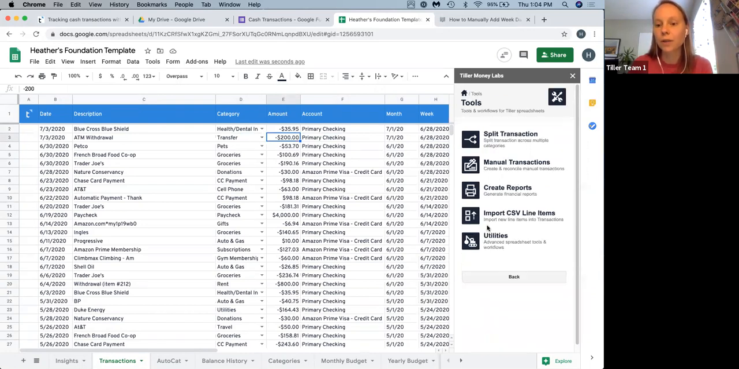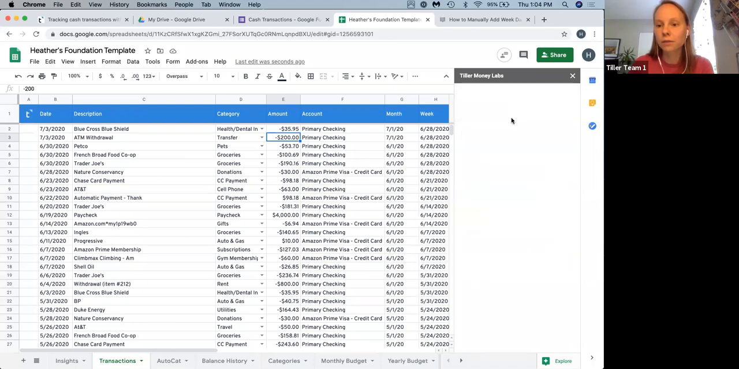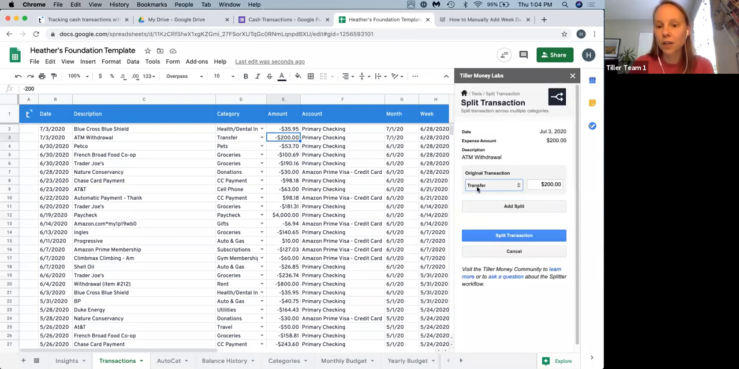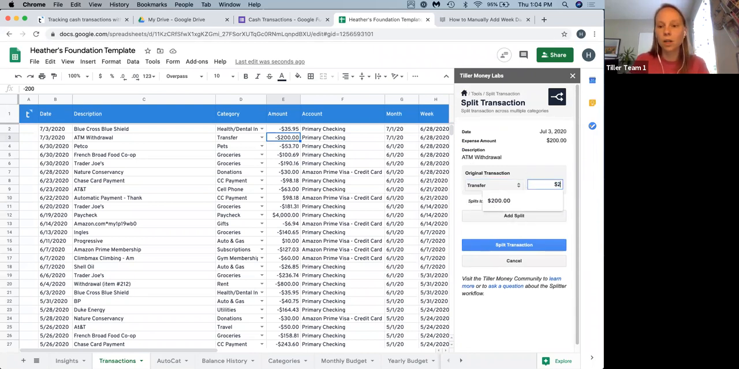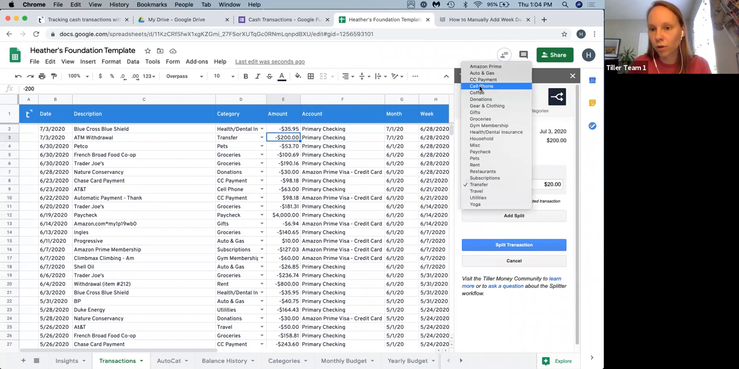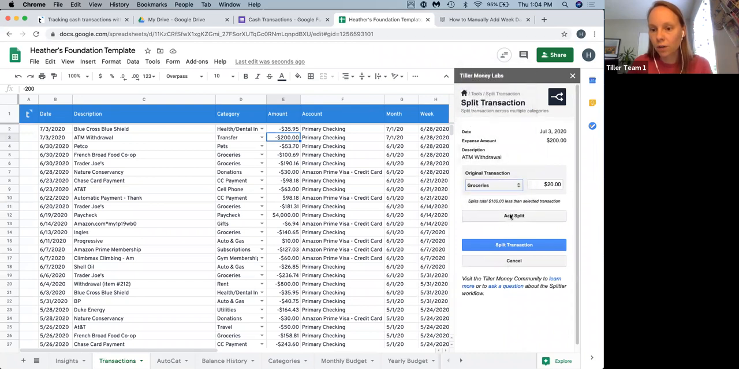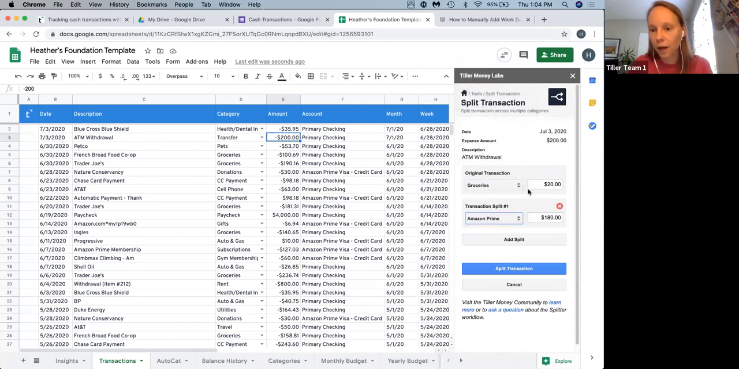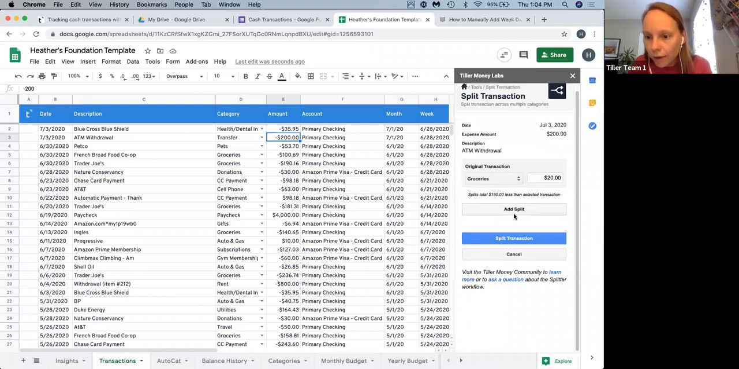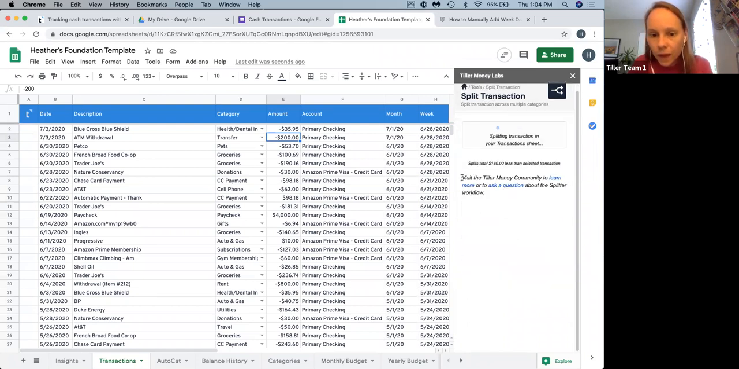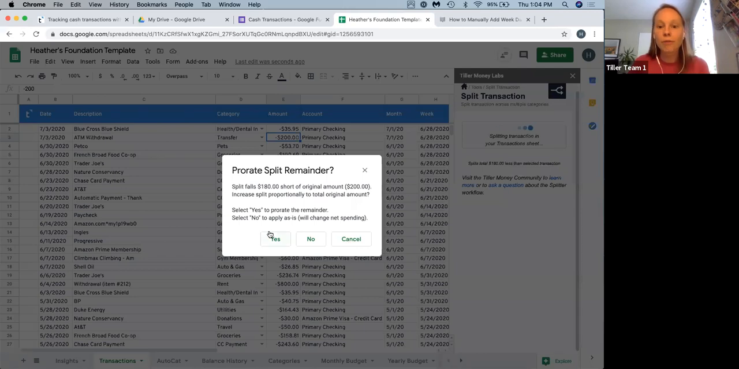That's the simplest way. The splitter is under Tools, Split Transaction, and it's going to fetch the transaction I selected. Let's say it's $20, and let's say it's for groceries. And I'll say Add Split. Sorry, I didn't mean to do that. I'm going to split it that way. It's going to let me know that I have a remainder, that is the balance of